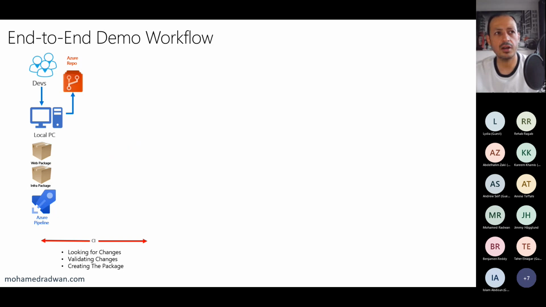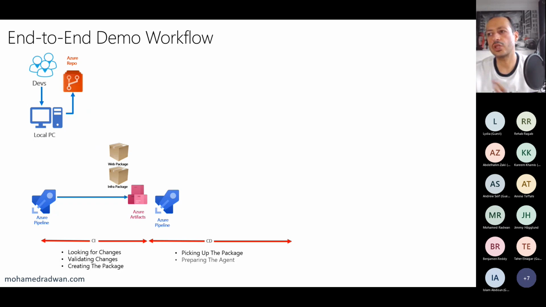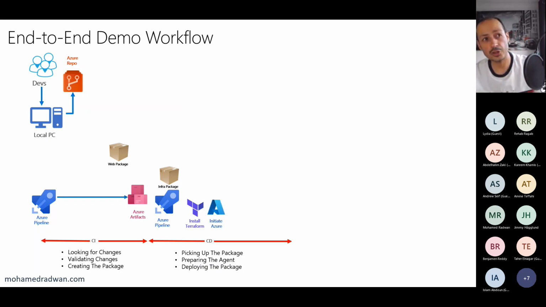And then the last step of the CI is just storing the packages in Azure Artifacts as a storage area. Once this is pushed to Azure Artifacts, it will automatically trigger the continuous deployment pipeline. The first step is to pick up the package from the storage area, which is Azure Artifacts in our case, extract the Terraform file, install Terraform on the build agent on the fly, and then install the Azure extension as a plugin so Terraform can interact